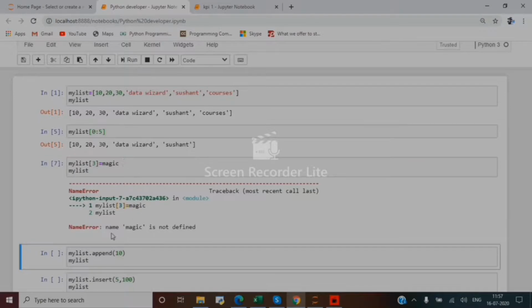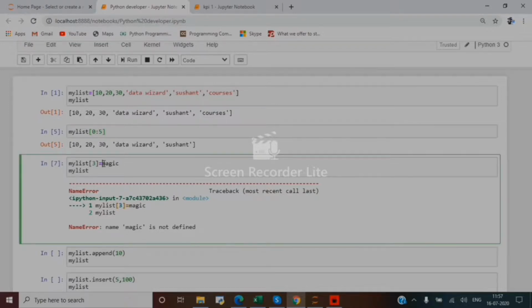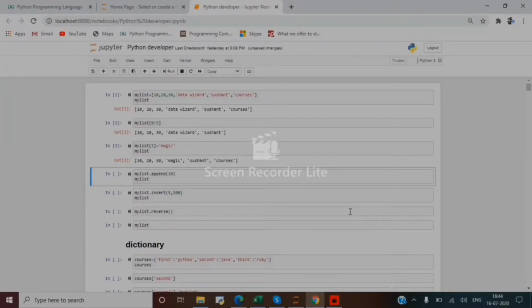You learn from here. I have written magic, but it will not print and gives an error because I haven't converted magic into a string. I have told earlier also that for a string we need to start with the quote and terminate with the quote. Now I have done it. When I run this, you can see it runs and does the needful. After running, you can see the magic has been printed in place of data wizard. So you got it, how it works.